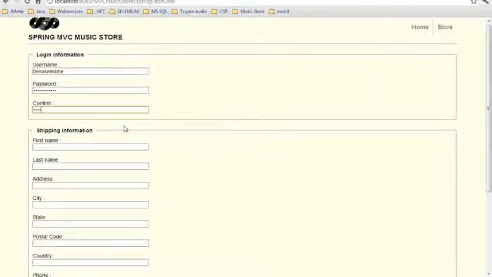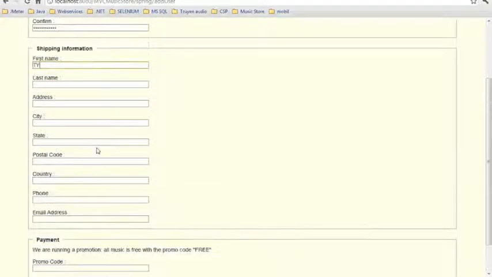So in password, okay, and the first name is Tin, last name is Tin Test, because I think I have the order inside the database already. Tin Test, address, city, city, state, test state,